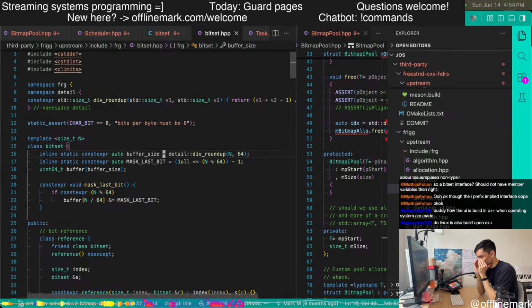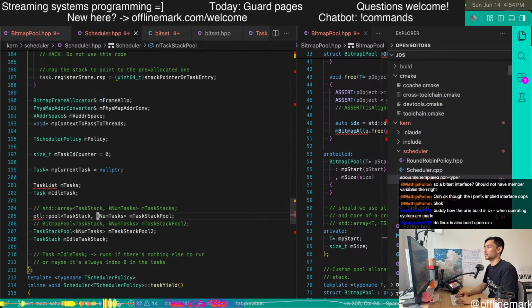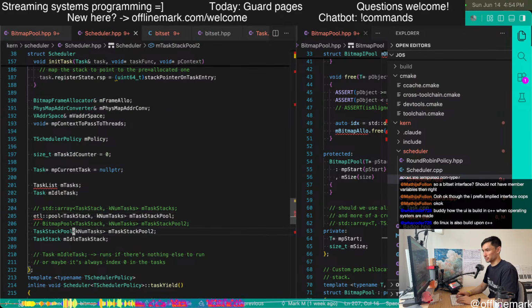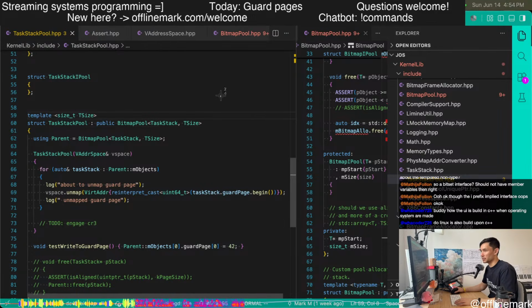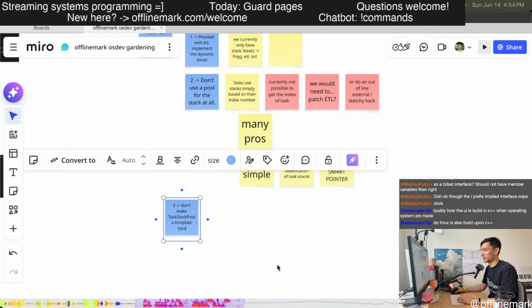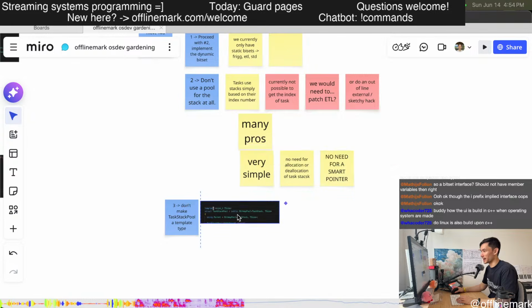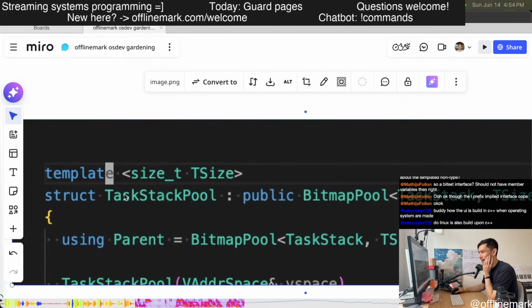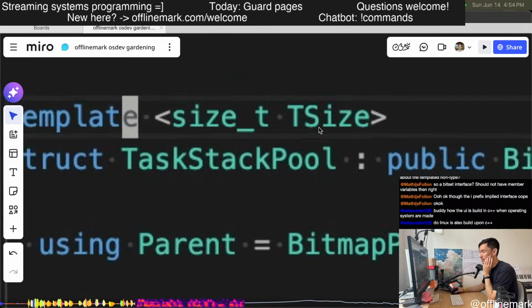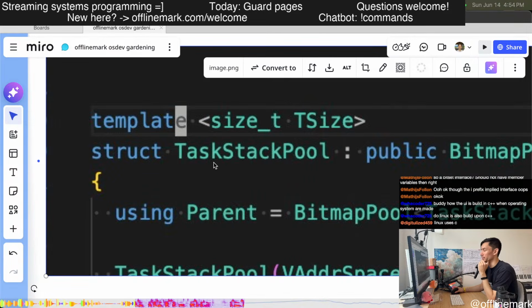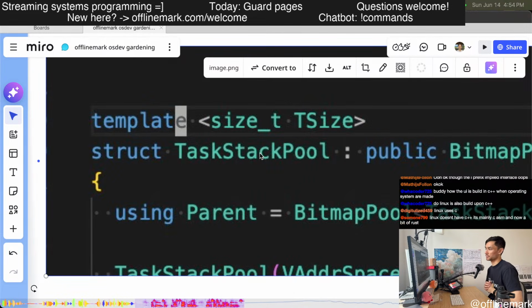So basically the idea, this is the third solution. It's a bit of a different kind of solution. A lot of our problems stem from this. This is sort of the ideal thing. I was trying to make the task stack pool also quite generic, so the task stack pool doesn't make assumptions about how big it is. It similarly makes itself generic and offers a template parameter. And that's the part